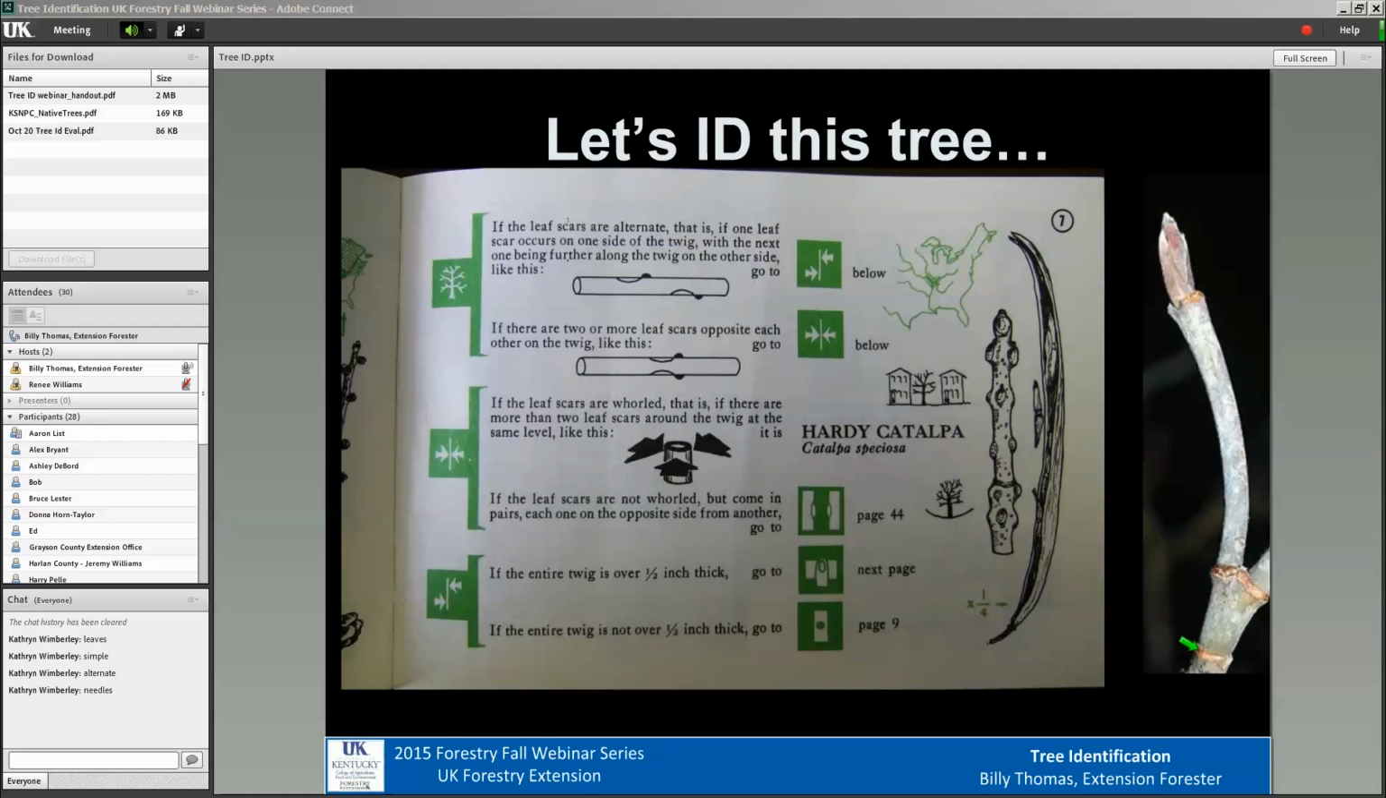And so we're going to go below to that symbol right here, and then it's going to ask us again, do we have multiple leaf scars in that whorled fashion, the hardy catawba, or if the leaf scars are not whorled but come in pairs, each opposite of one another. And again, there's one on this side and then one just on the other side as well there. So it is opposite of one another. So we're going to go to page 44 looking for this symbol